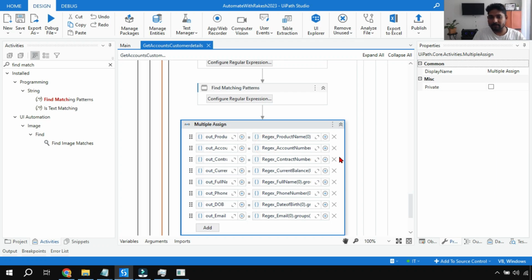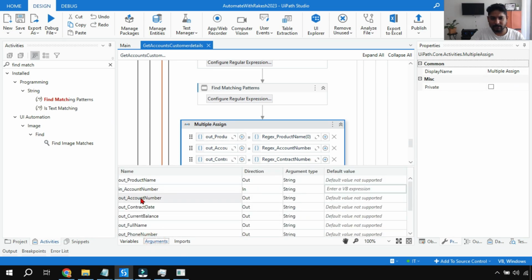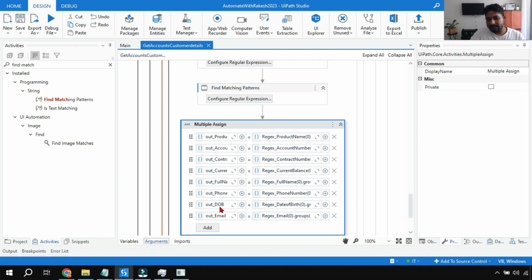This is also very important, and I've explained everything in the find matching pattern activity video. Okay, how this thing works. Here I'm going to show you. So here what I did, all the arguments that I've created in this XAML file, out underscore product name, right, for all the out parameter arguments that I've created, for all these arguments I have kept it in the assign activity. And on the right hand side, look at how I have written